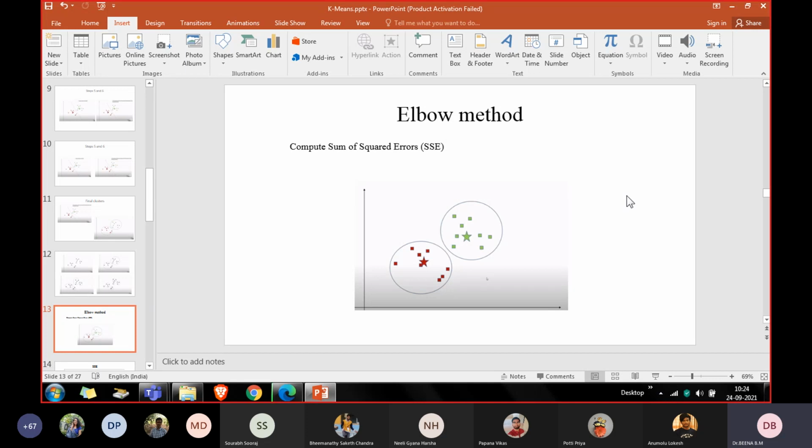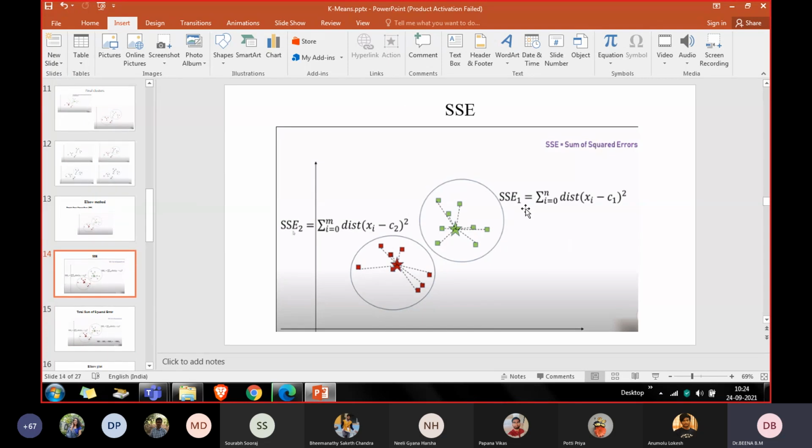In this method, we start with some value K. In this case, I have taken K as 2 and I will compute the sum of squared error for these 2 clusters. Look at this graph. Sum of squared error means for each of the clusters, we compute the distance of individual data points from the centroid: this point from the centroid, this point from the centroid.